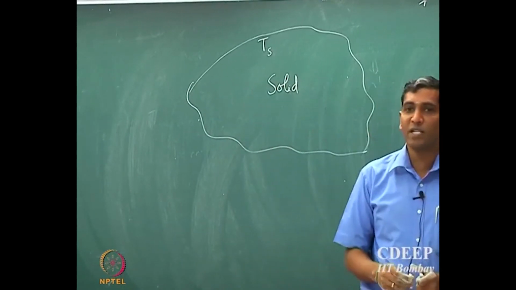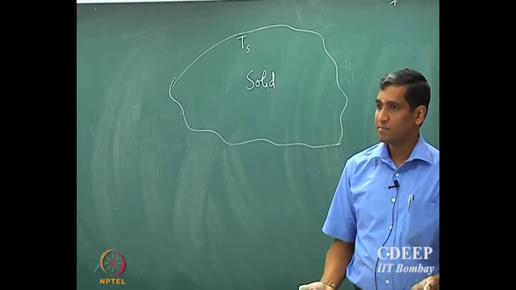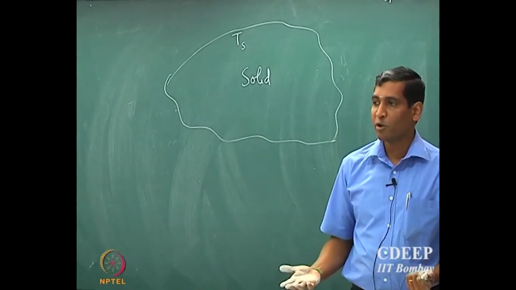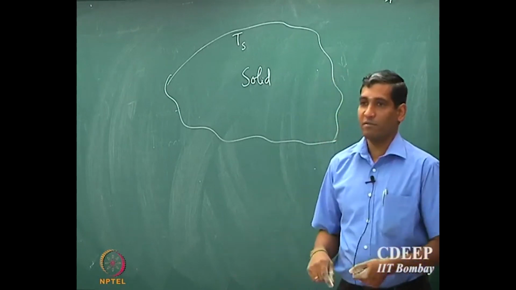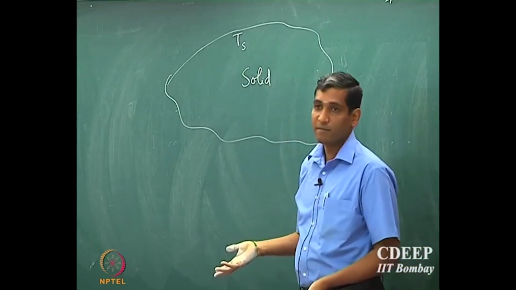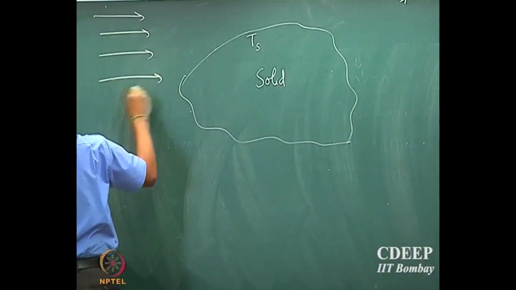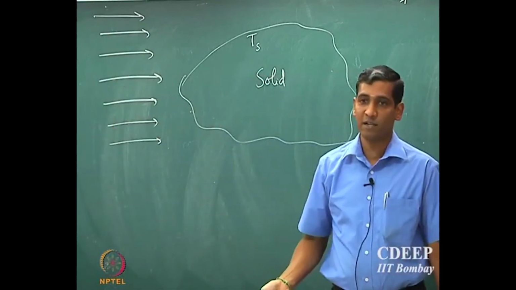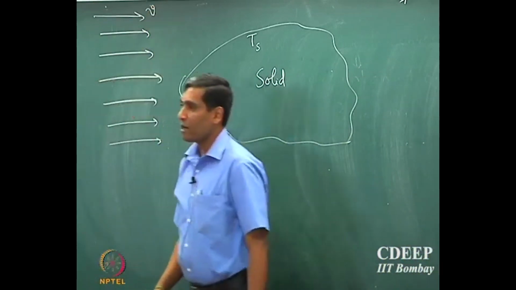So far what we looked at is we assumed we knew all the properties of the liquid, and we lumped everything, and we said heat transport is characterized by the heat transport coefficient given by Newton's law of cooling. So now we do the reverse. We assume that we know everything about the solid, and we know the temperature of the surface, and we do not know the properties or the heat transfer rates of the fluid which may be flowing past this object. So let us assume that a fluid is flowing at a velocity v,